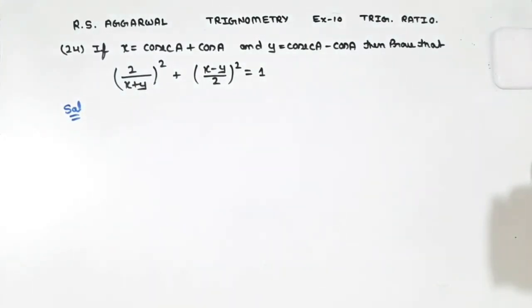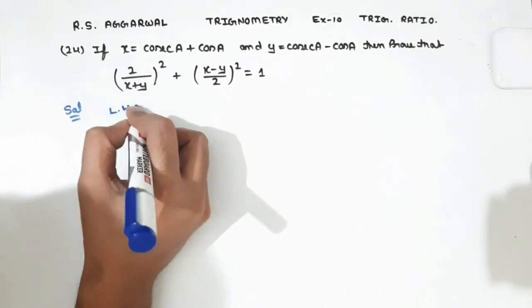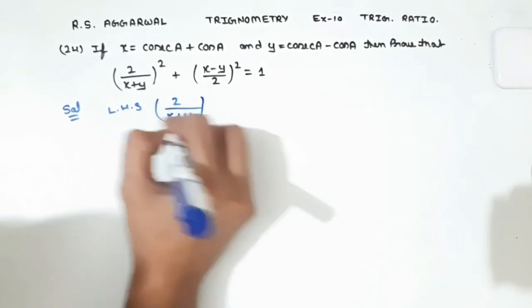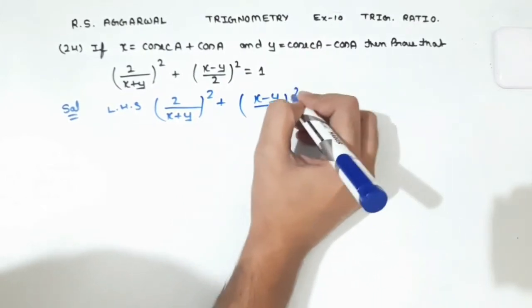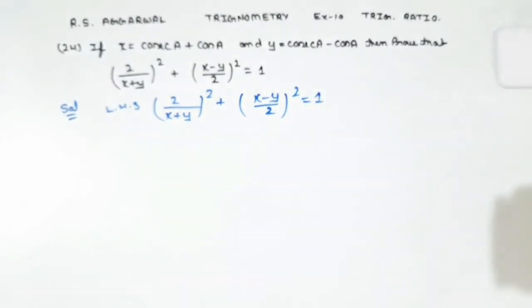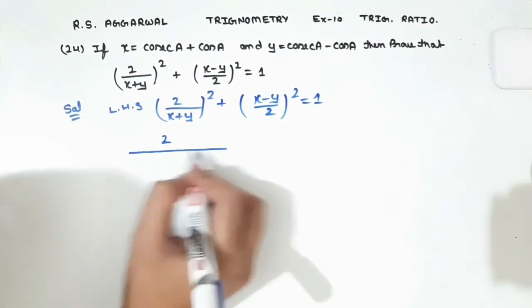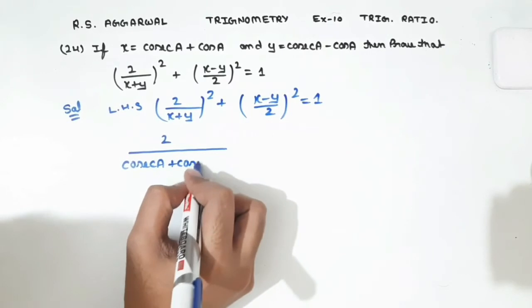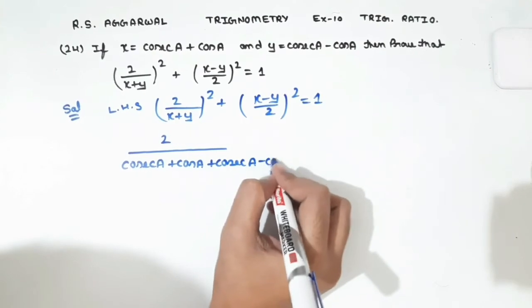And we have to prove that (2 upon x plus y) whole square plus (x minus y upon 2) whole square equals 1. So from left hand side, (2 upon x plus y) whole square plus (x minus y upon 2) whole square equals 1. Now putting the value of x and y, so this will become 2 upon cosec a plus cos a plus cosec a minus cos a